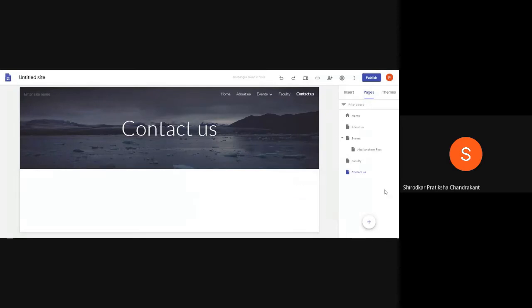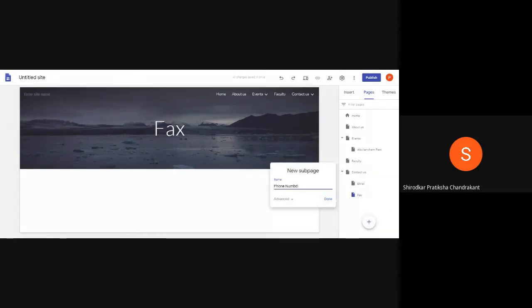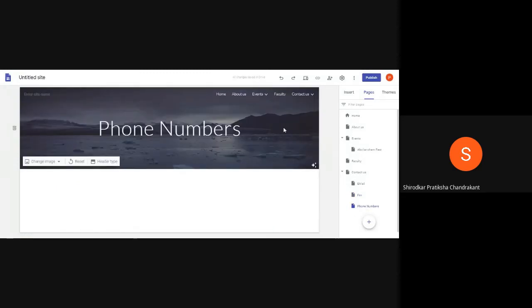Okay, and add information associated with fax, which will help them contact us in all the ways, and phone numbers. Okay, so this is how I want my website to look.